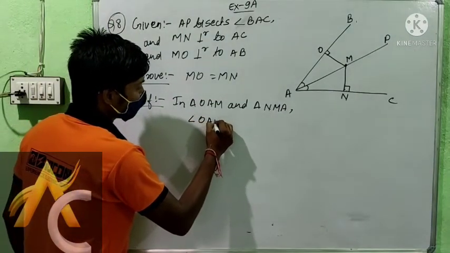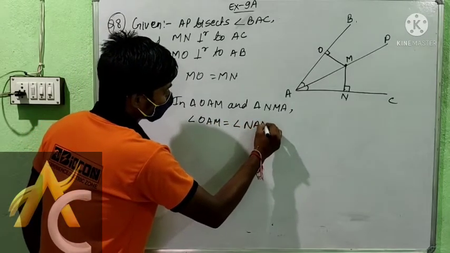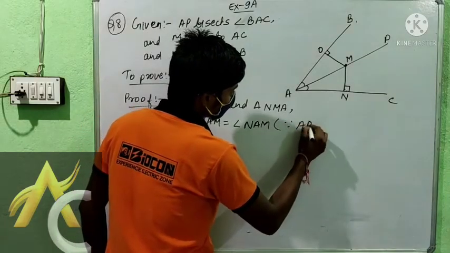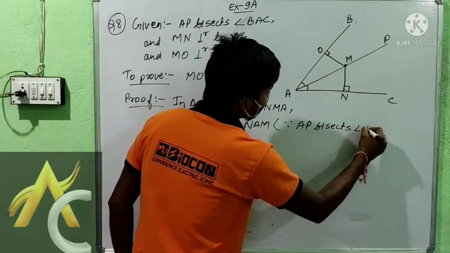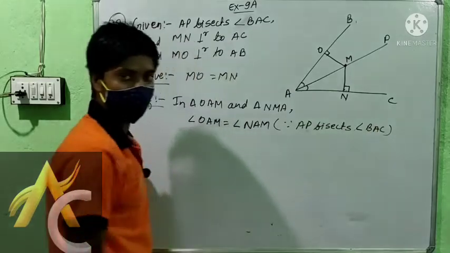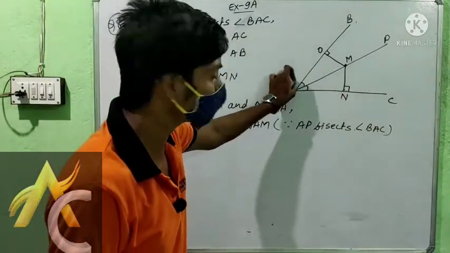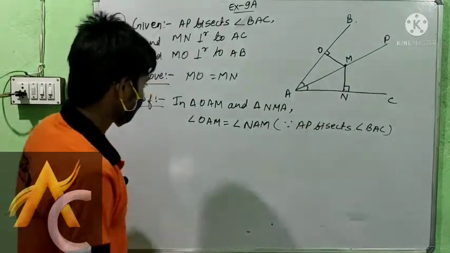Reason: since AP bisects angle BAC. Bisector means dividing it into equal parts, and since it is an angle bisector, it will divide it into two equal angles. Once we are good, we can write it here. Okay, and